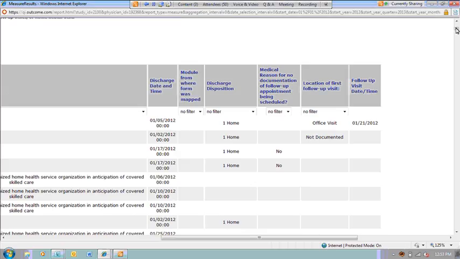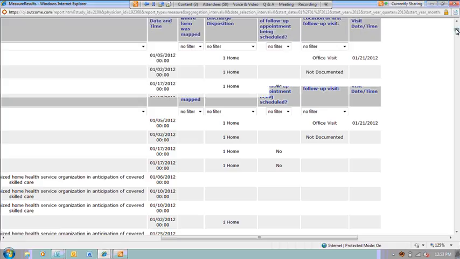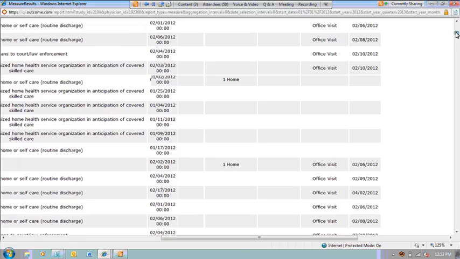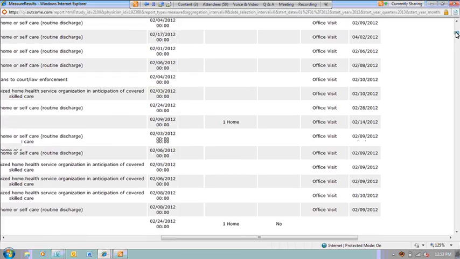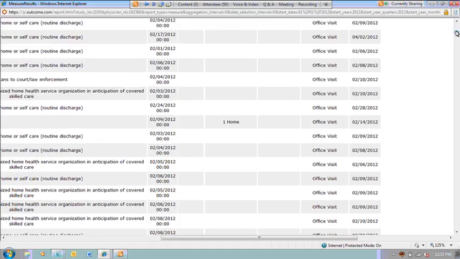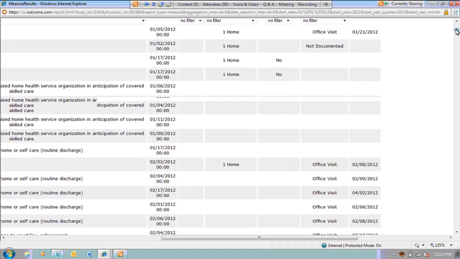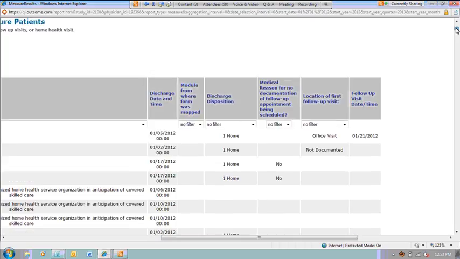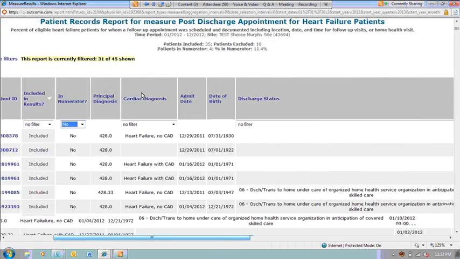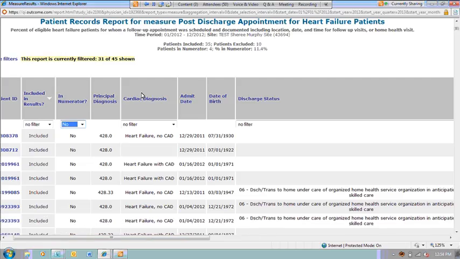And if we look at all of our patients who were missed for this, it looks like we have an office visit documented for quite a few of these missed patients. But the problem is that in order to meet the numerator inclusion for this measure, you'll see up here underneath the name of the measure, you need to have a follow-up appointment with documented location, date, and time.